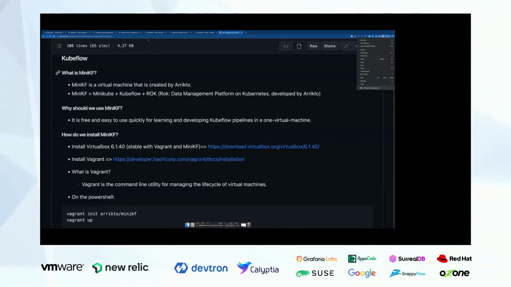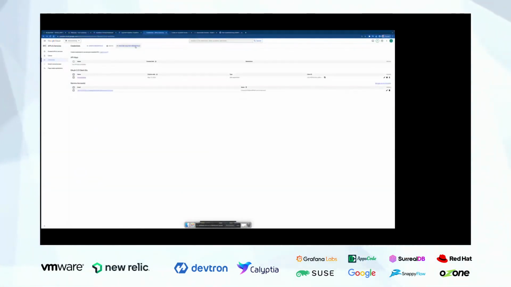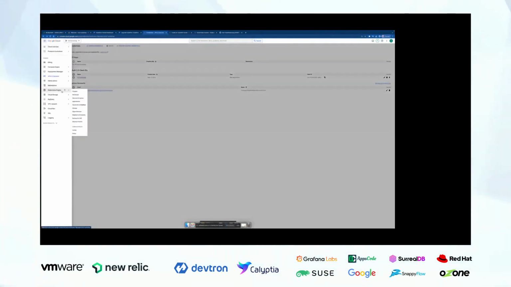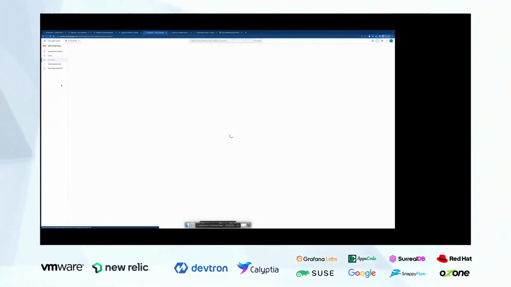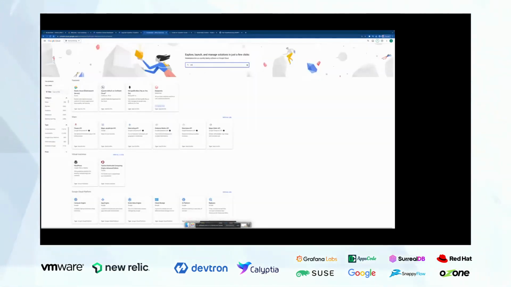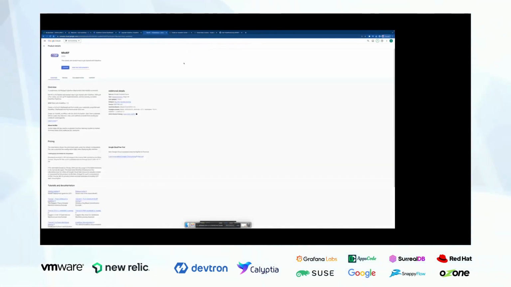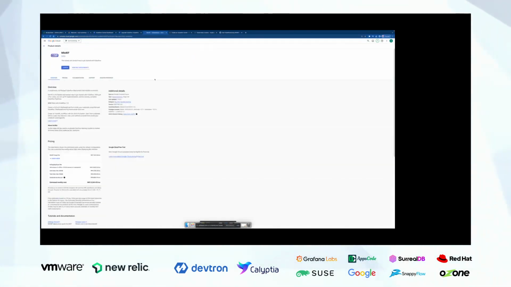Or if you just don't want to go through all of these deployment steps, and you are just learning, you can also go to GCP Marketplace and look for MiniKF here. This is the same MiniKF deployment that we have seen. So here the deployment is very easy. You don't need to go through all of these steps. What you click on is learn.